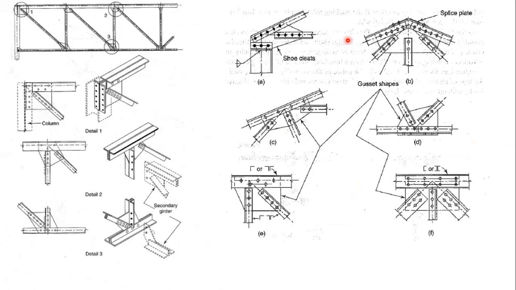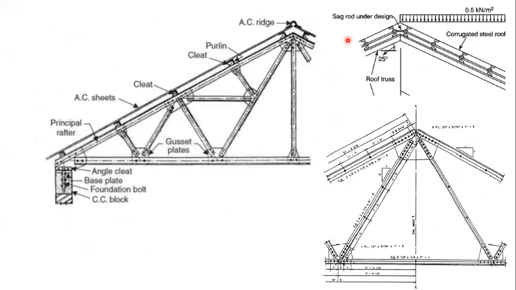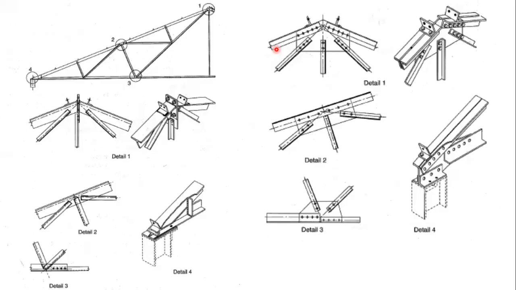If it is a tension member, we design it for the tension. But sometimes in the truss the member forces will be extremely small, very, very small. Sometimes a member may be carrying zero force. It may be a zero force member. But still we need to decide its size, whether it has a negligible force or it is a zero force member. In any case, the member size has to be decided.